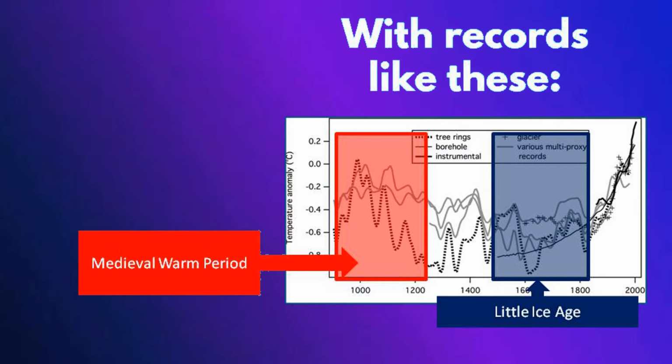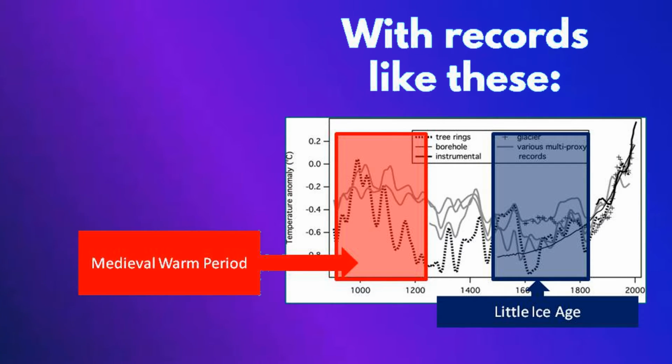In contrast, for example, there was a period called the Little Ice Age. Now, the Little Ice Age spanned from about 1500 to about 1820 or something like that. And the Little Ice Age was a much less favorable time, especially in Europe, but actually globally. Temperatures were considerably lower than modern times.